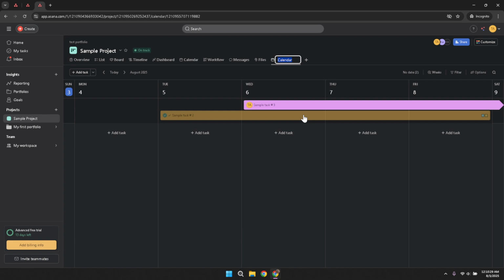and deadlines, allowing you to anticipate upcoming tasks and allocate your resources more efficiently. With everything in one place, your project management can become a lot more manageable and transparent. And there you have it. Using the calendar in Asana is as simple as that. By following these steps, you can take full advantage of this powerful tool to enhance your productivity and keep your